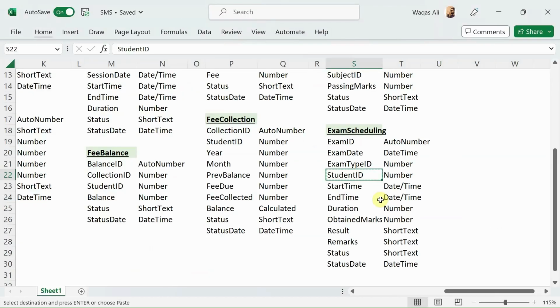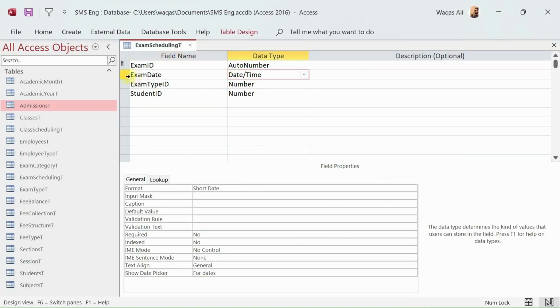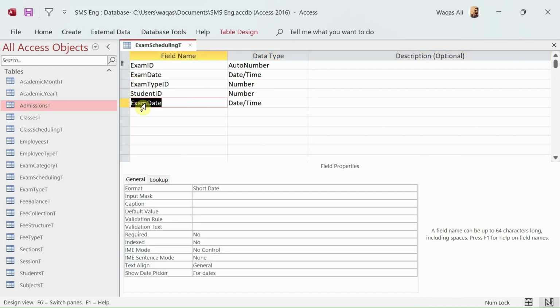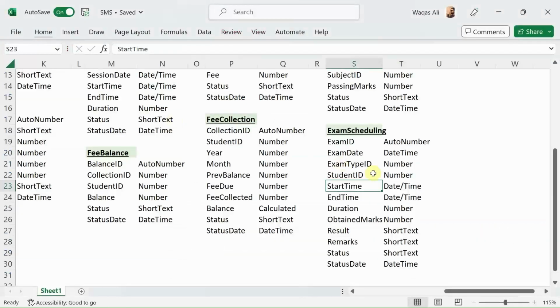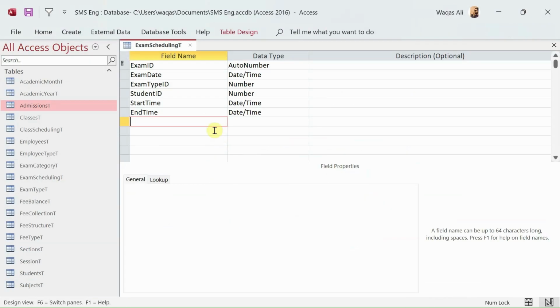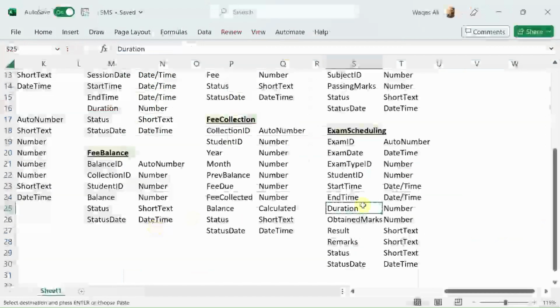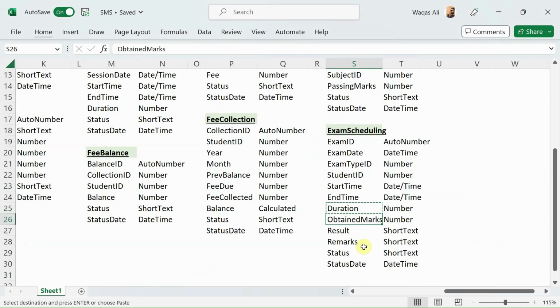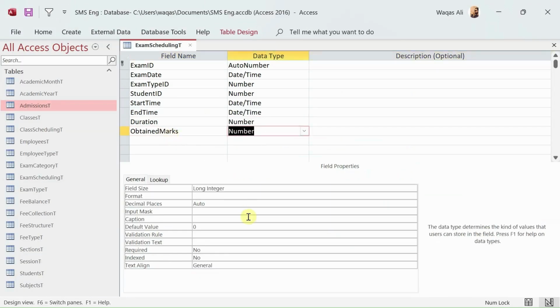Student ID, start time, so I'll copy this, start time, but here instead of short date, I will say short time, and end time. Okay, and duration. So what would be the duration of this paper or exam? And obtained marks, so it would be number field,